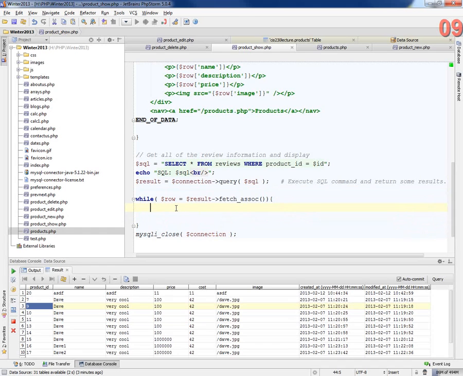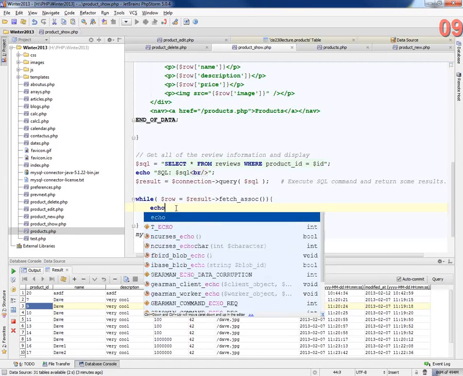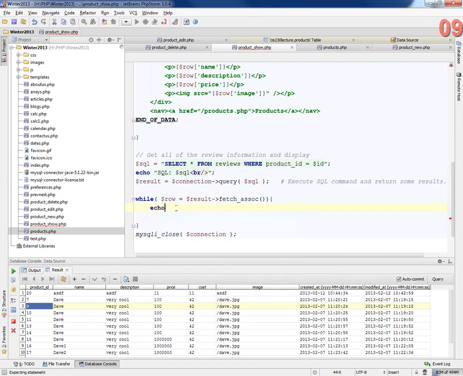So I like the echo command. This makes it easier. And we can do whatever we want in here. Might make a div. I could add a class equals review, and I could put in some information. You know, this is all styling stuff. So let's just print out the